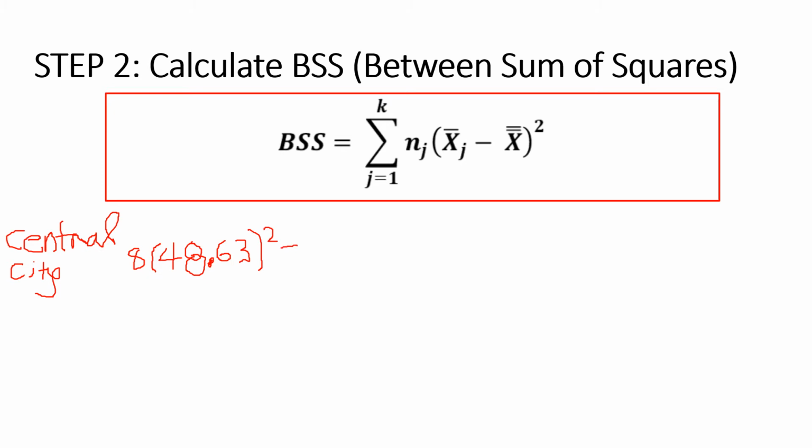Let's finish this one first. So 48.63 squared gives us 2,364.8769. It's supposed to be a 6 there. And 8 times that number gives us